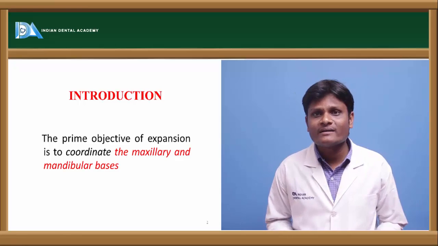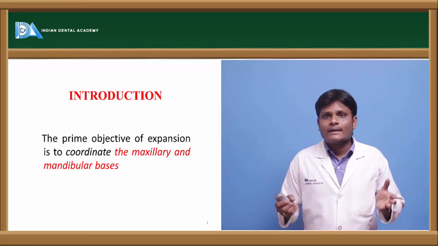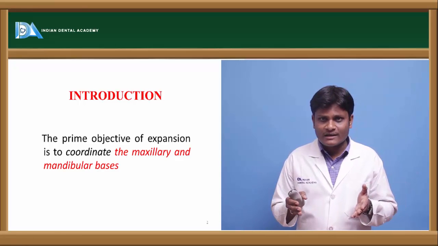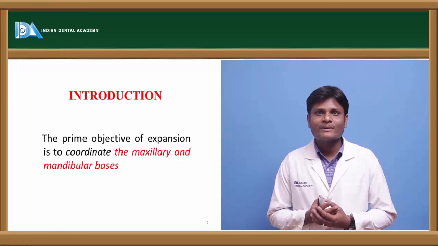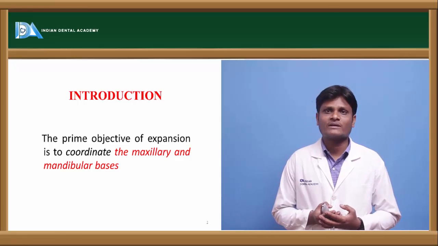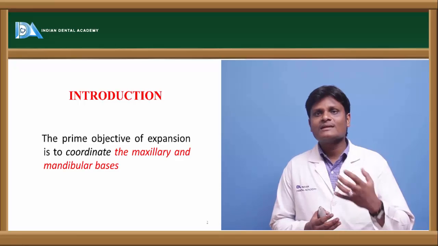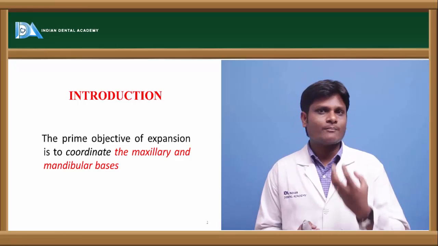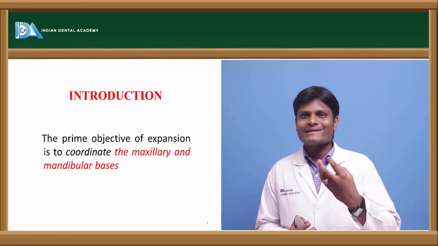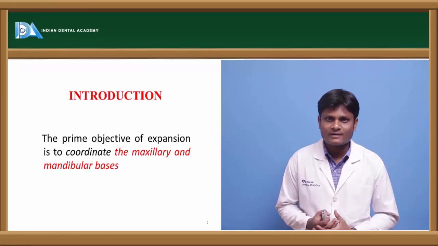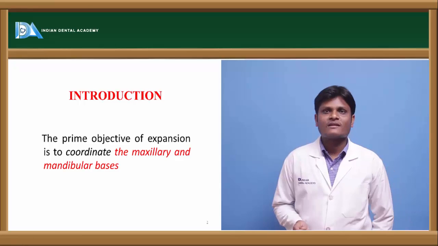Now, what is crossbite? Nothing but when we have a narrow maxillary arch, the mandibular posteriors will overlap the maxillary posteriors. This is called a crossbite. That is, in a crossbite, there is a loss of coordination between maxillary and mandibular dental arches. So, in order to coordinate the maxillary dental arch with the mandibular dental arch, we will go for expansion in